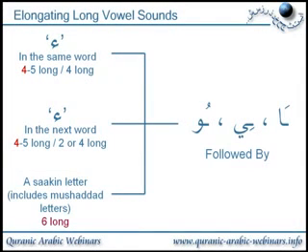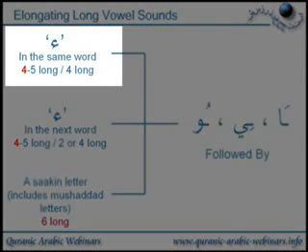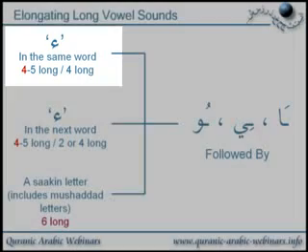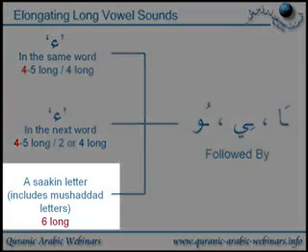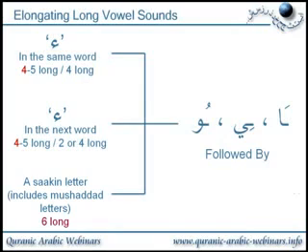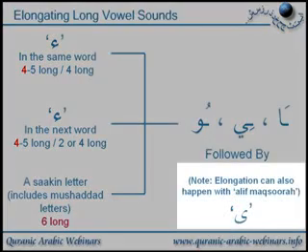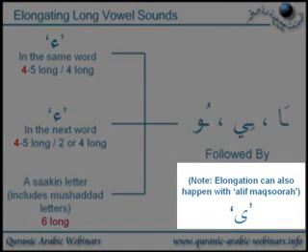Okay, so if you follow the colors in red here, it keeps it nice and simple. So if you have a long vowel followed by Hamza in the same word, pronounce the long vowel as 4 long instead of 2. If it's followed by Hamza in the next word, same thing, make it 4 long. And if it's followed by a letter with sukoon, i.e. sakin letter or a mushaddad letter, then go for 6 long. A note here, elongation can also happen with the alif